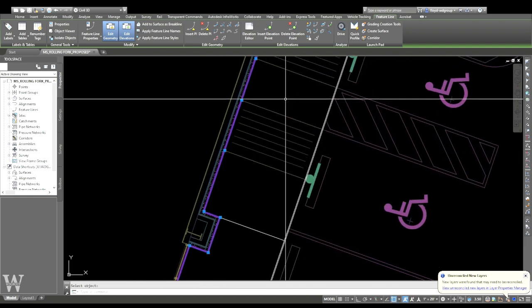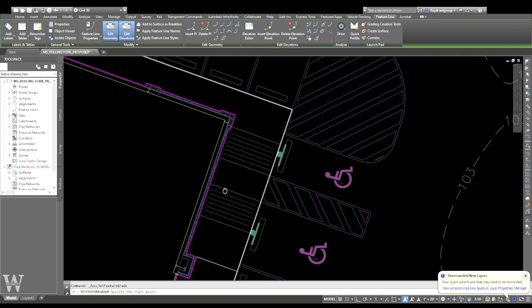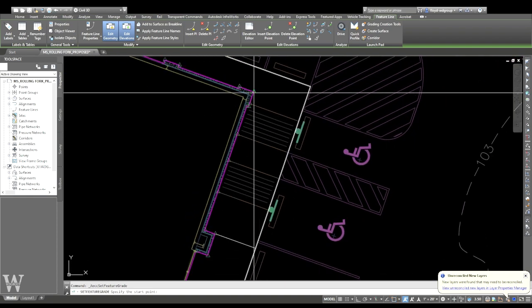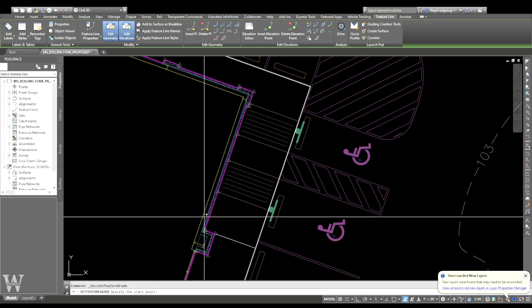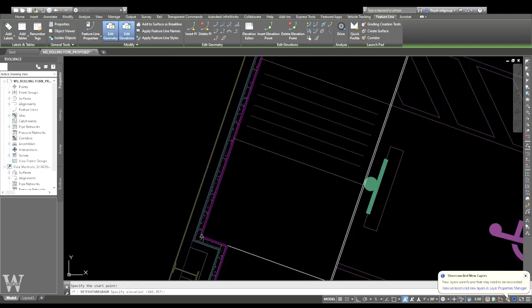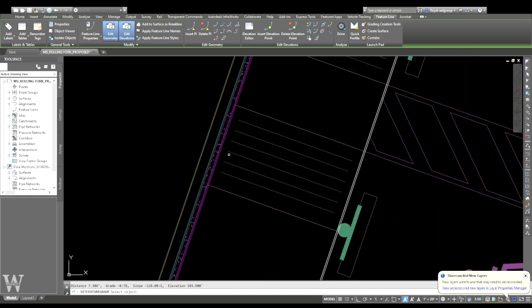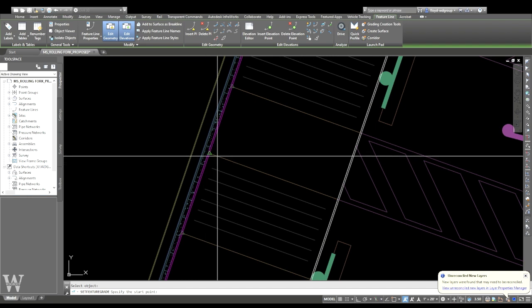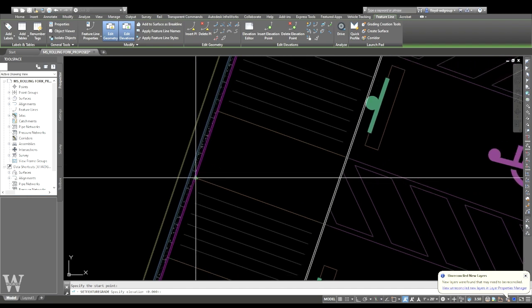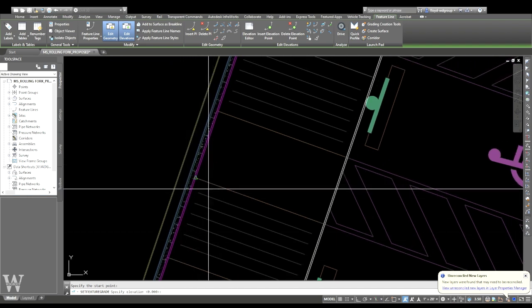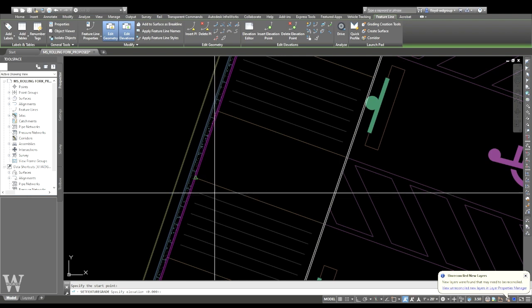Okay. And then now I'm going to the corner. I usually set this corner a 1/10 lower than that. So when I go from this point to this point, I'm going to go to 103.9. Okay. And then I want to go from here. This is a handicap ramp. Slope 1 to 12, 6 inches lower. So that's going to be